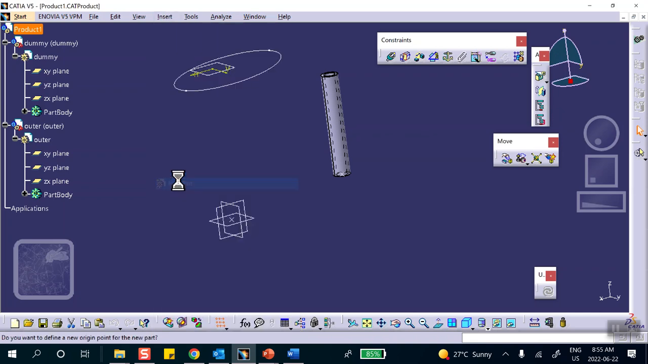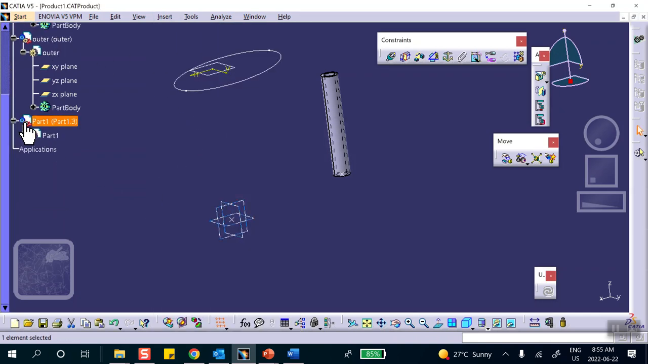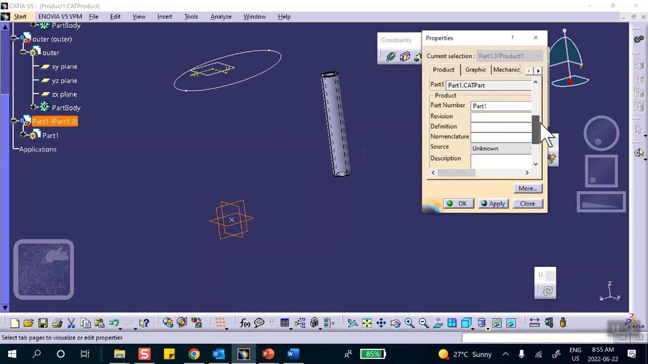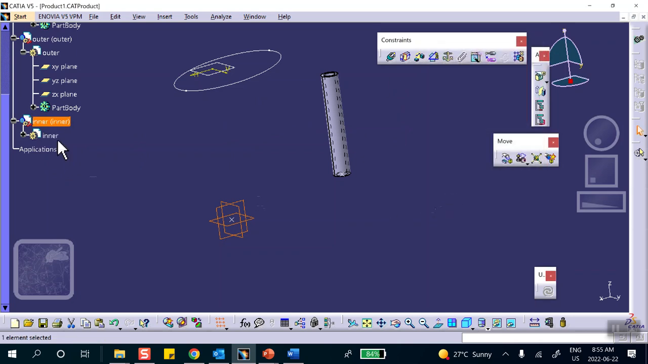Insert a new part, say no, and this is going to be the inner one. Right click, properties, inner and inner. We double click on it,